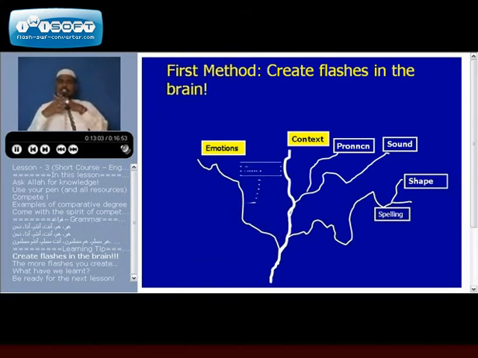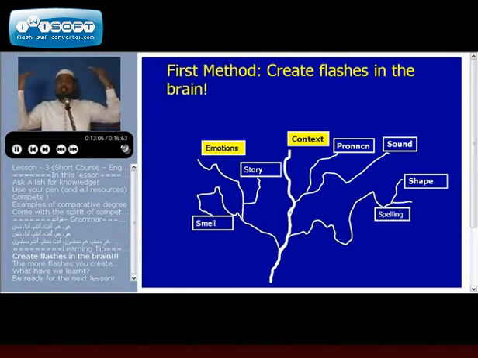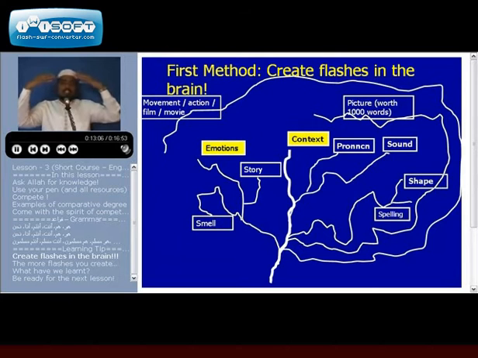Certain cells of the brain just get connected. Just like when there are clouds in the sky and positive and negative charges are there, when these clouds come close to each other, you see a lightning strike, it just flashes in the sky. Something like that. When I say "feel" and you hear the word feel, a flash, a connection is made between